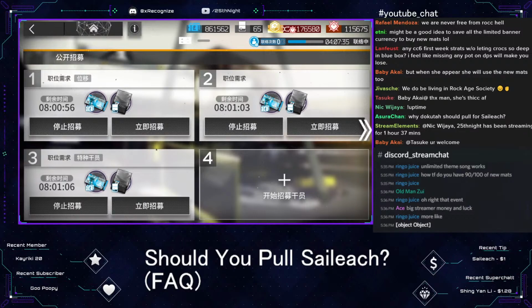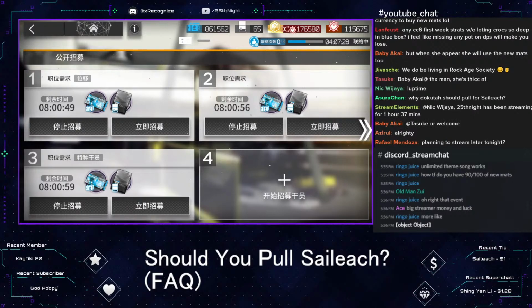Should I pull for Saileach? If you're going for high risk, definitely pull her, and it depends on your box. Yeah, same time. I might stream again later tonight if I don't fall asleep. Anyway,